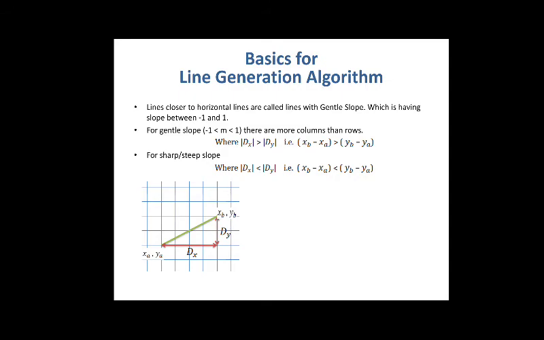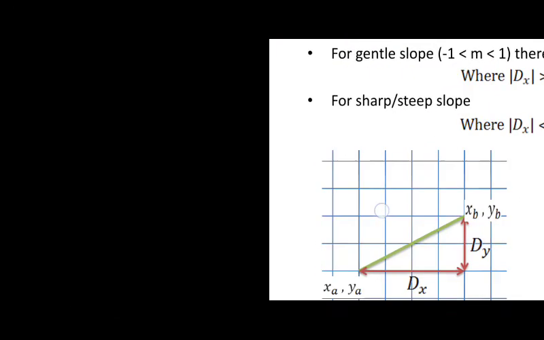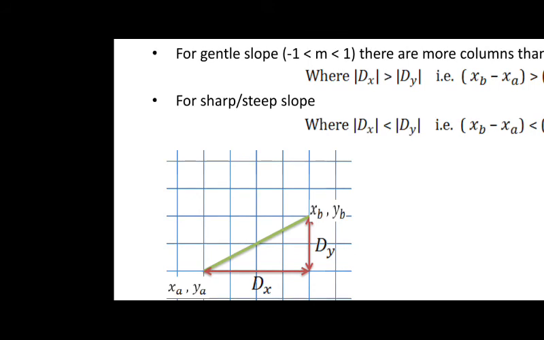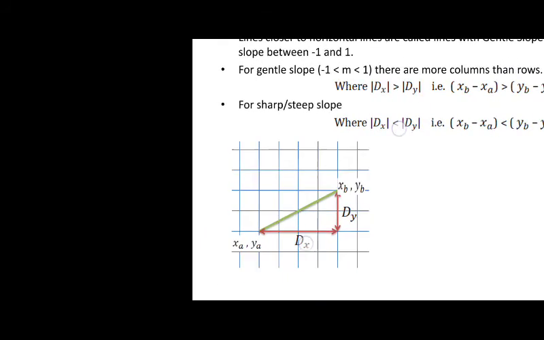Or you can say that in this we can measure the columns. Columns we can measure 1, 2, 3, 4, right? In this way we can measure the columns, but we can't measure the rows here, right? We can't measure the rows properly. So in that there are more columns than rows.